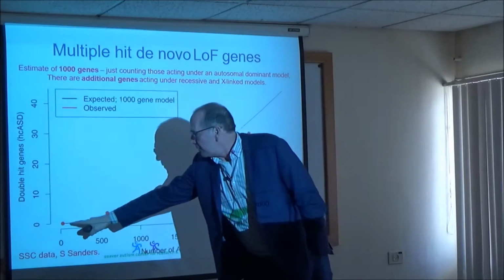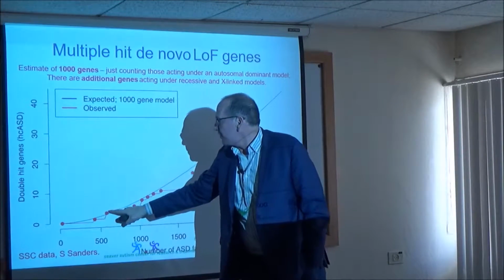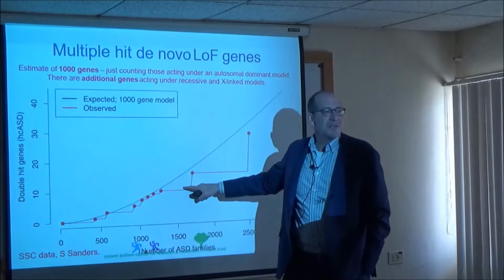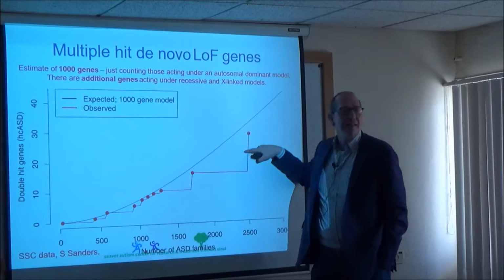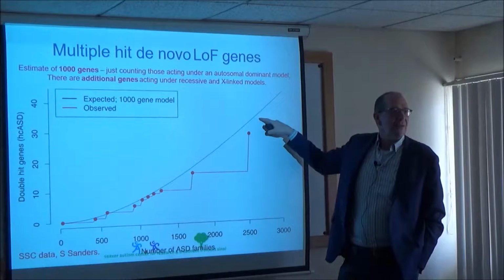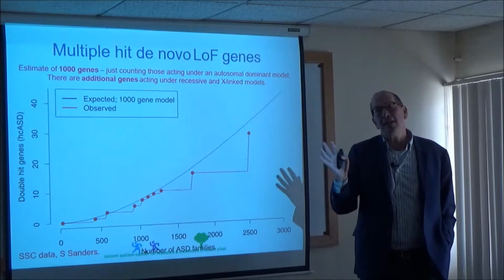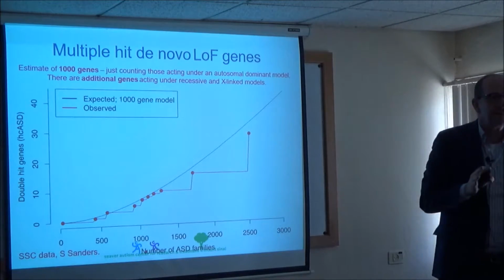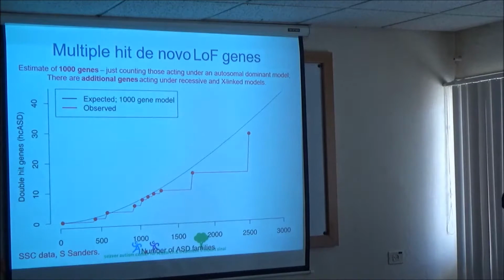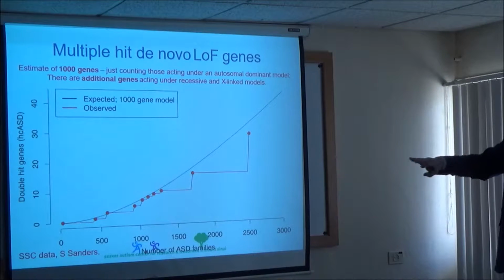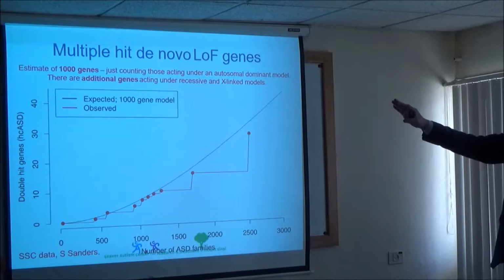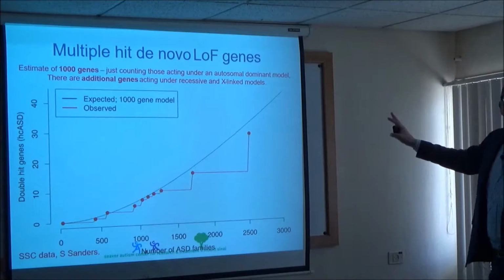And this was like when you had no samples, when you had 50 samples, as you increased your sample size, we were pretty much tracking an estimate of 1,000 genes. And it's remained true to today. And again, some people say, maybe it's 800, maybe it's 1,200. I'm like, yeah, it's about 1,000 plus or minus something. So with 1,000 genes, you can be pretty sure that your sample size of 200 is not enough, right?